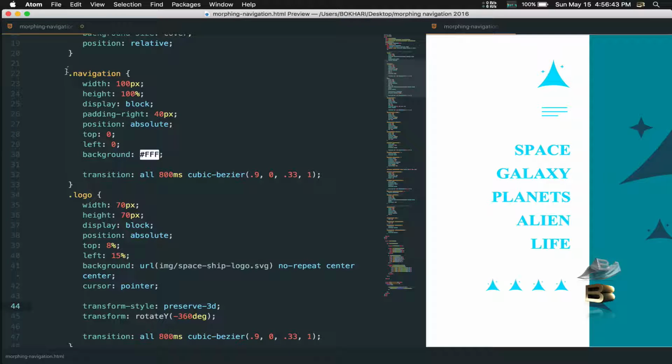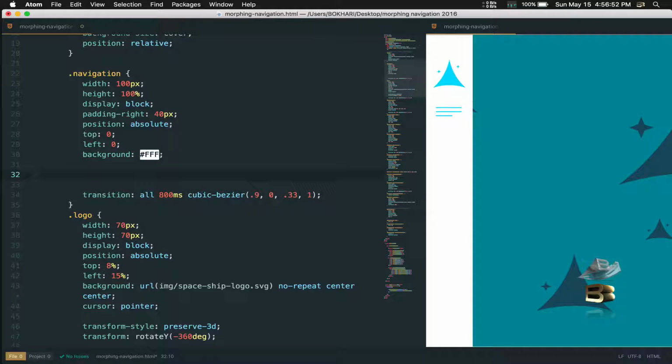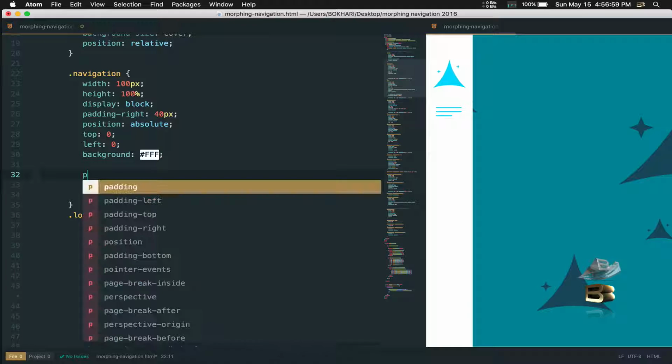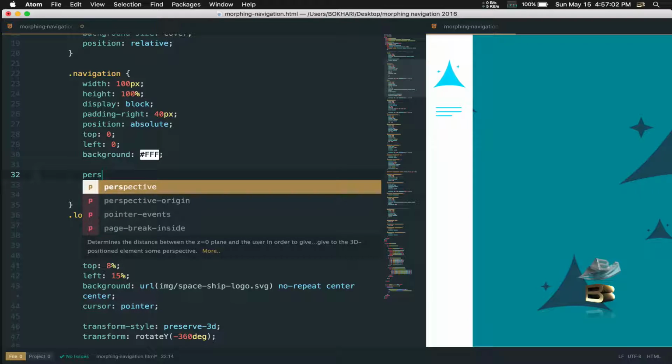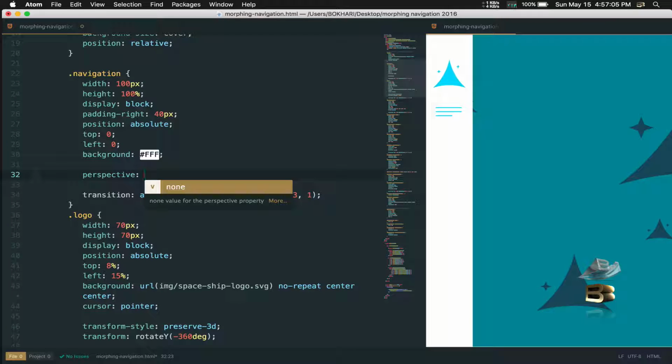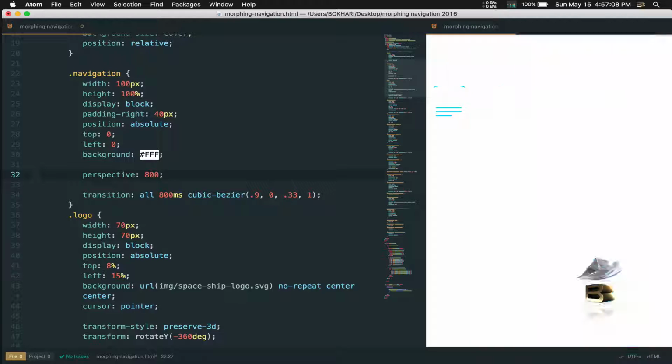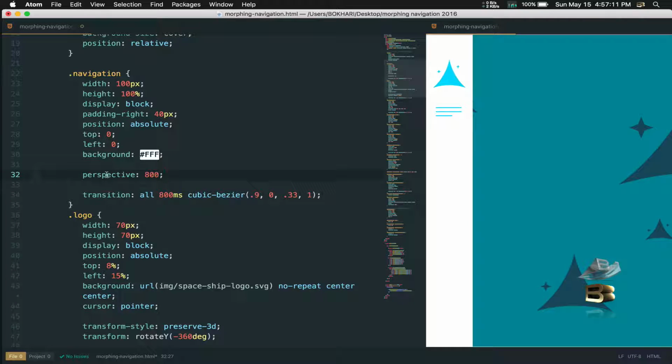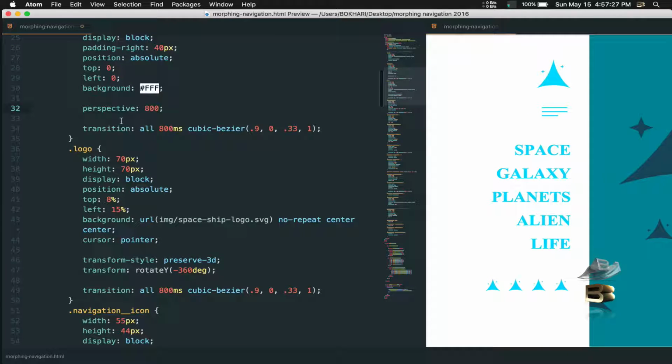If you take the navigation selector as a canvas, you need to give the canvas a perspective. So we need to add this property called perspective, like 800, perspective 800. It's the 3D dimension of the canvas. Let's check it. Still nothing happens, because